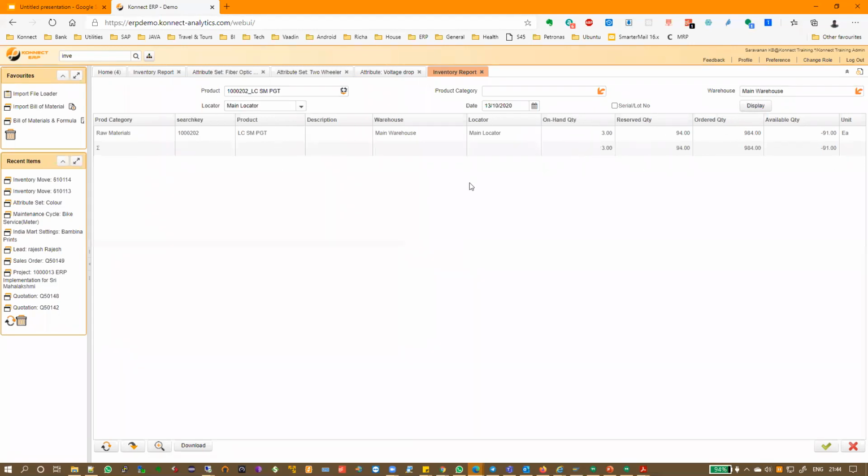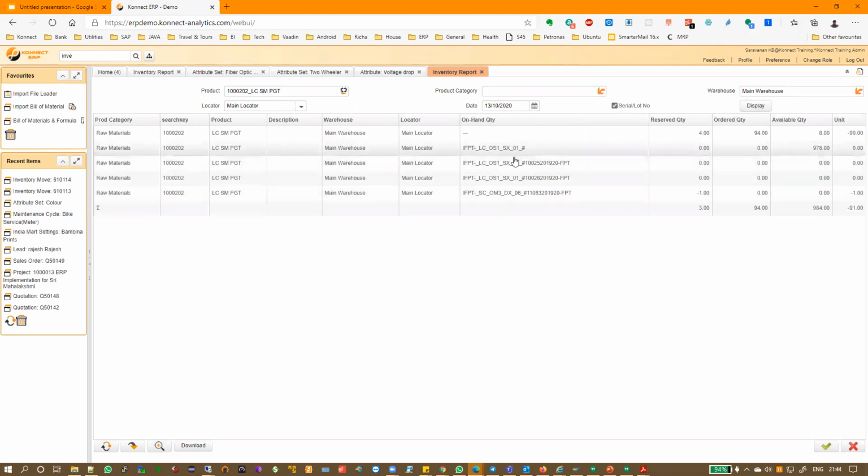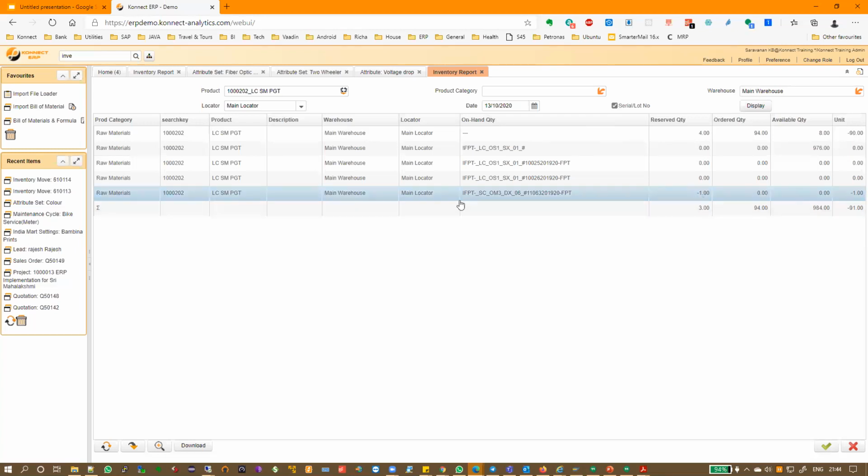So if it is display, it will show me in this locator, what is the warehouse. In locator A, if I want to see what is the stock, it will show me, all right. So at any of those levels which I showed you, you will be able to see the stock over here. And most importantly, you will also be able to see by serial number, okay. So if I say I want to see by serial number, and if I click display, it will show me all the serial numbers, and serial number wise, it will give me the report. All right. So this is the -1 that we took out from the current window.